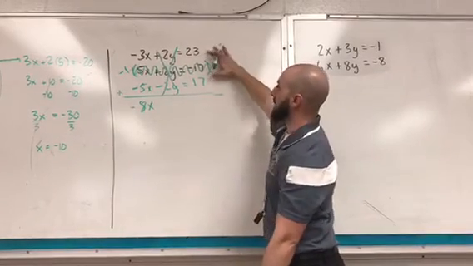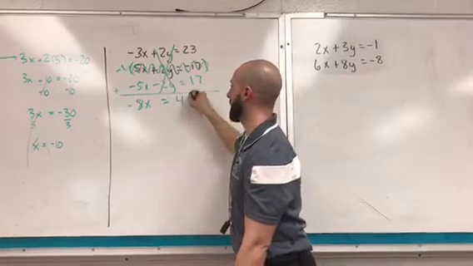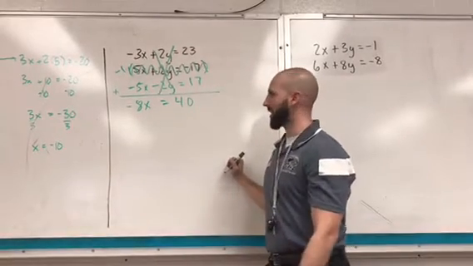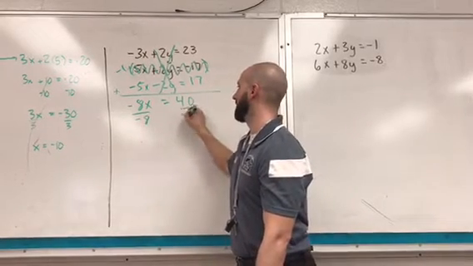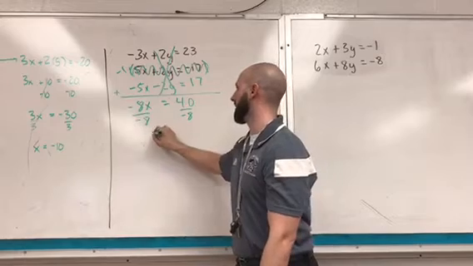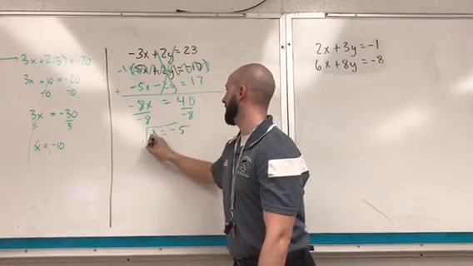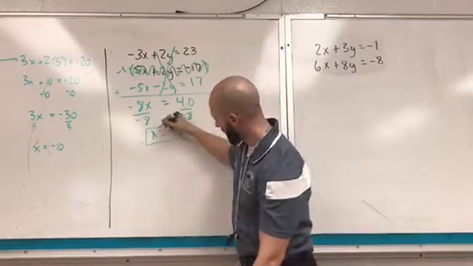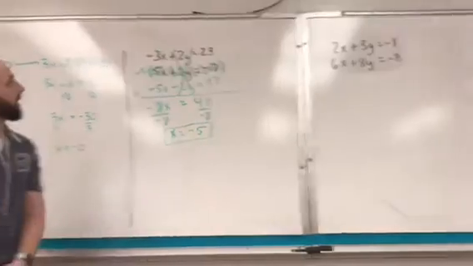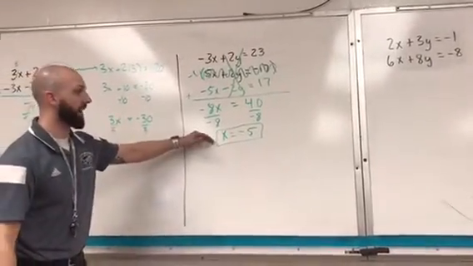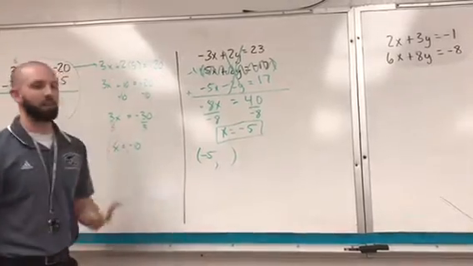Then you have 23 and 17, which adds up to be 40. So then the last step here would be to divide by -8. I get x equals -5. Okay, so x equals -5. So now that we have x, we know that we have -5, and then we need to